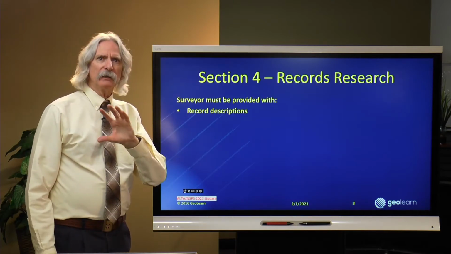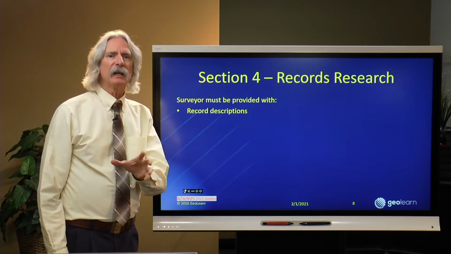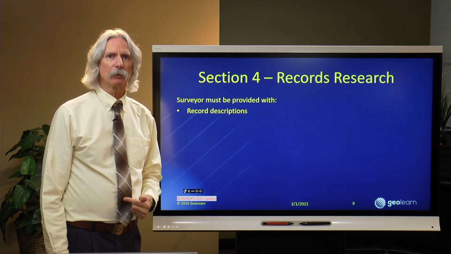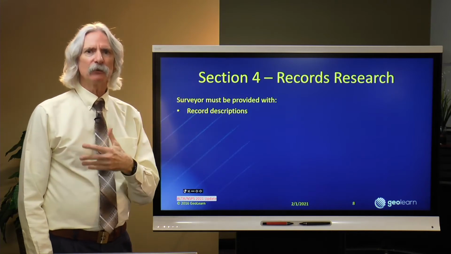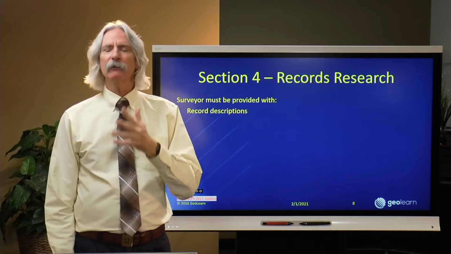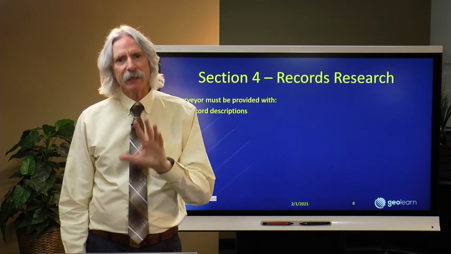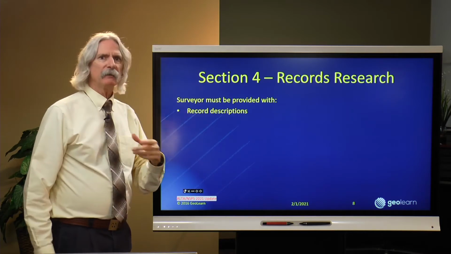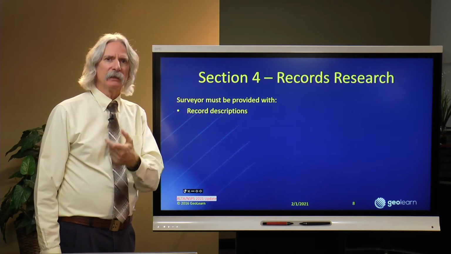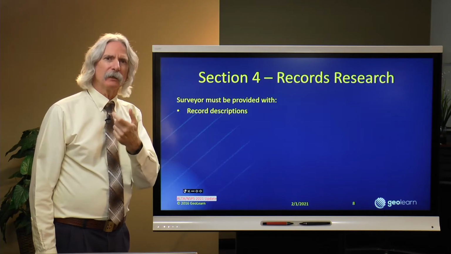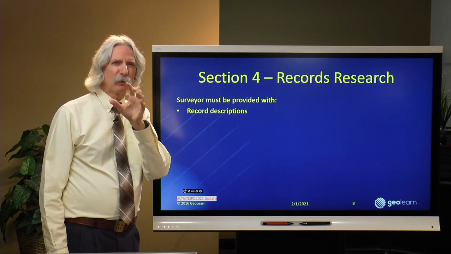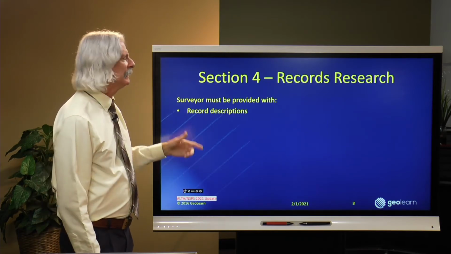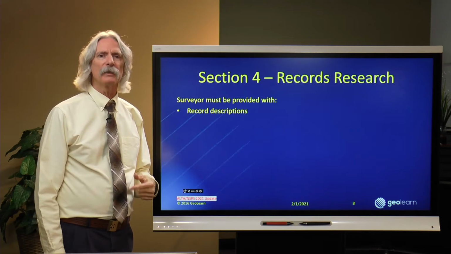What we've done is, if you were to look at the red line marked up version of the 2016 standards that resulted in the 2021 standards, almost the entire Section 4 is red. Looks like everything's changed, but actually hardly anything changed. We just rearranged things. So now we have a concise set of requirements, rather than how it was before, which was kind of confusing as to what the surveyor was to be provided. It now says the surveyor must be provided with certain things.